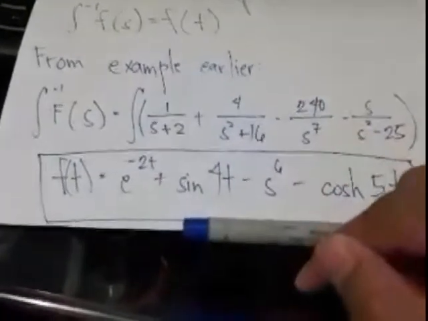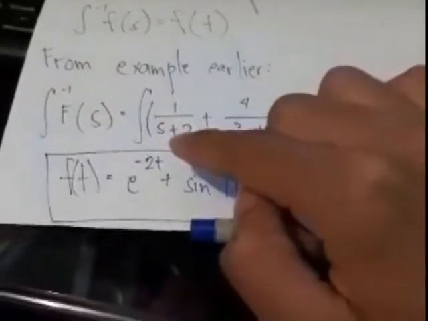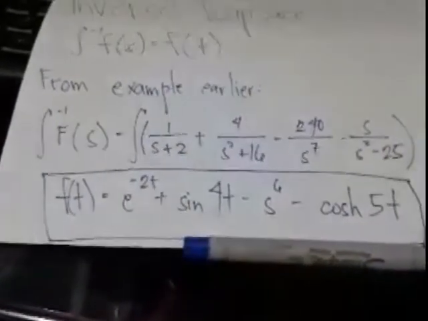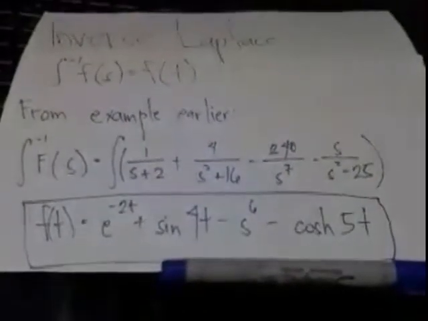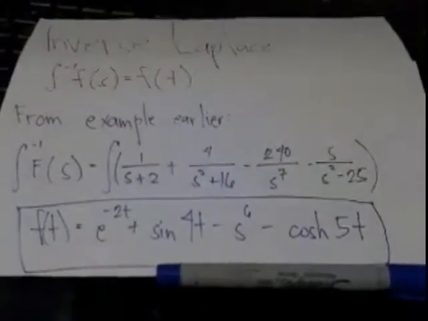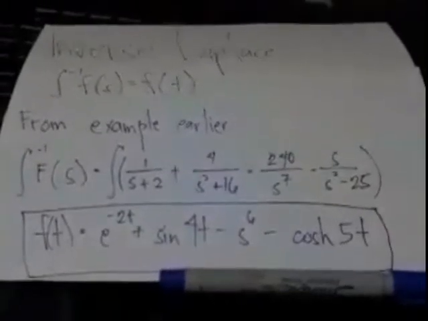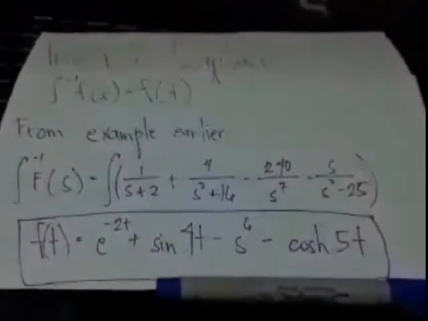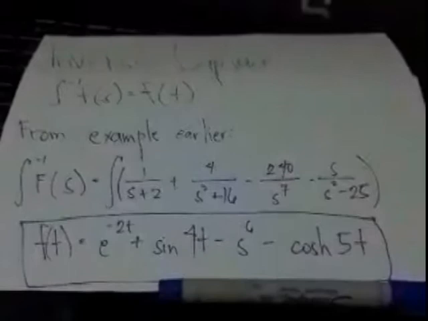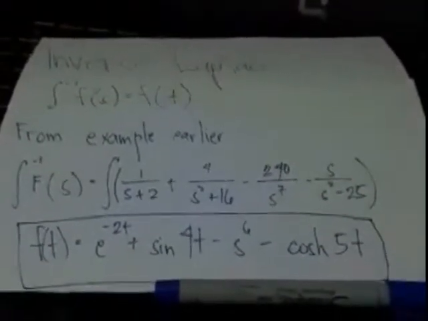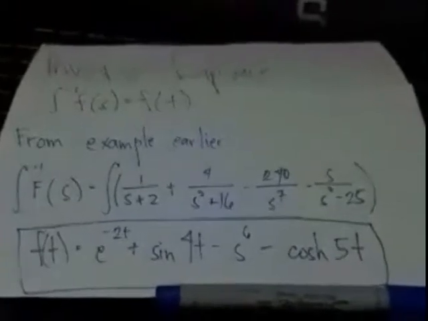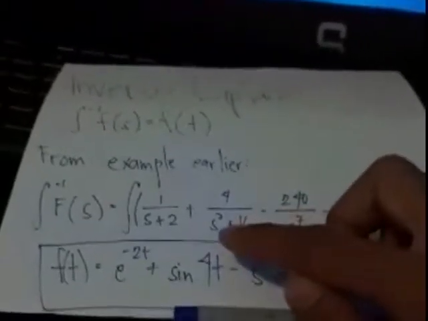The inverse Laplace of 1 over s plus 2, just looking at the set of formulas, we know that it is in exponential form, and when it is positive, we will change the sign and it will become e raised to negative 2t. After that, proceed to the next one, which is the inverse Laplace of 4 over s